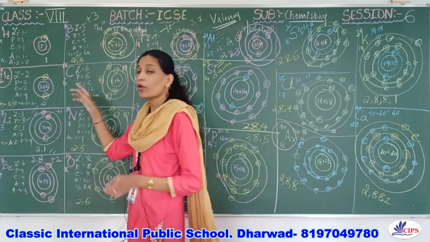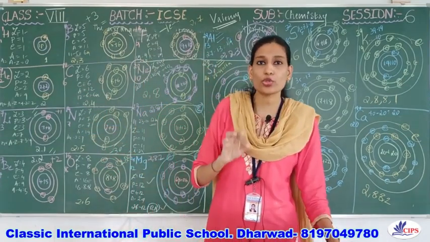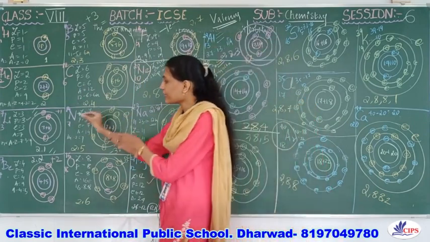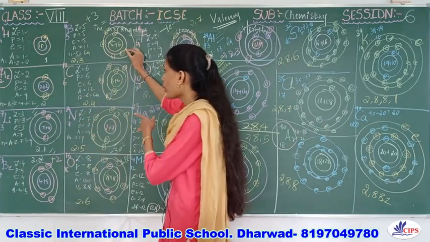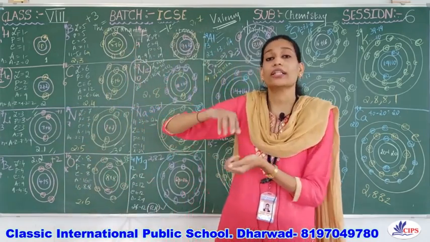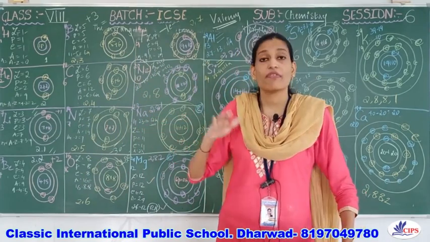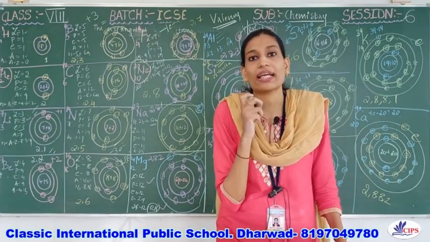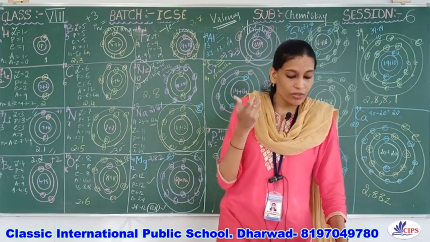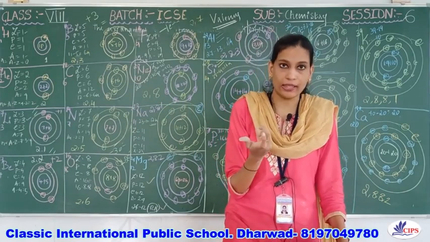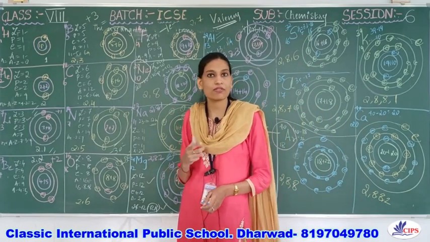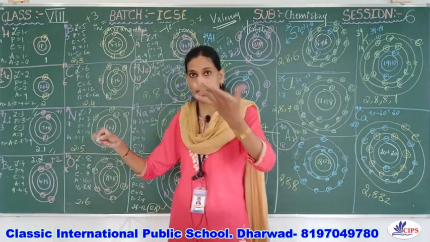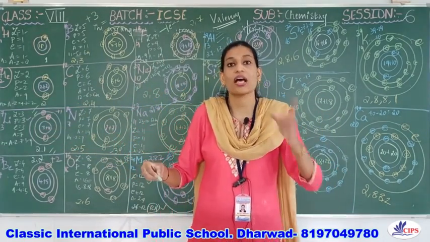Whereas if we talk about metals, metals usually lose electrons, like lithium did, like beryllium did, like boron did. These elements lost the electron. When they lost the electron, there came a positive charge on them, that we call electropositivity, or positive electrovalency. Such words are there; in our coming classes we will discuss. So those elements which lose electrons are metals.